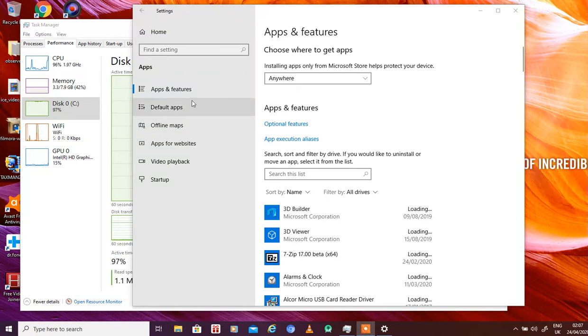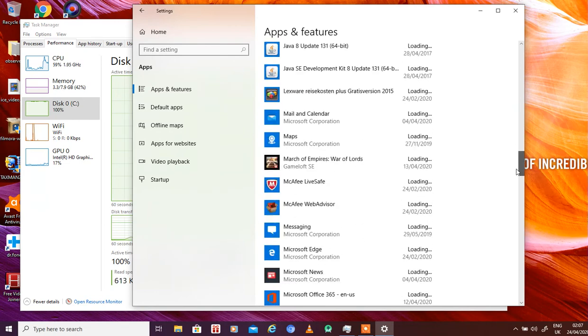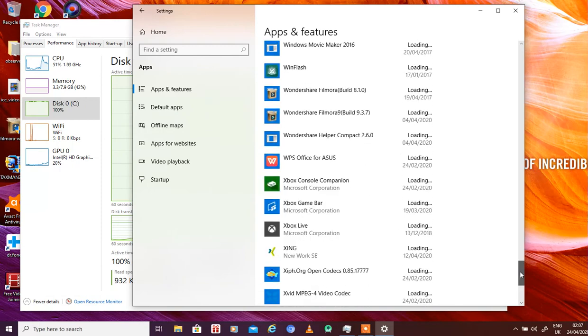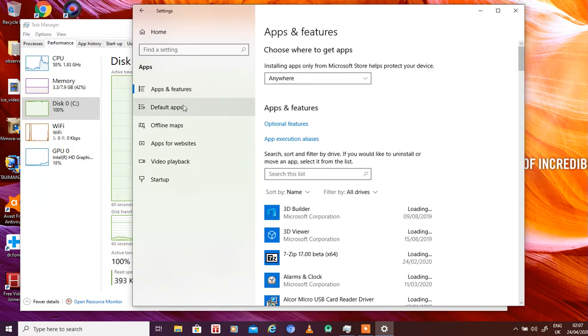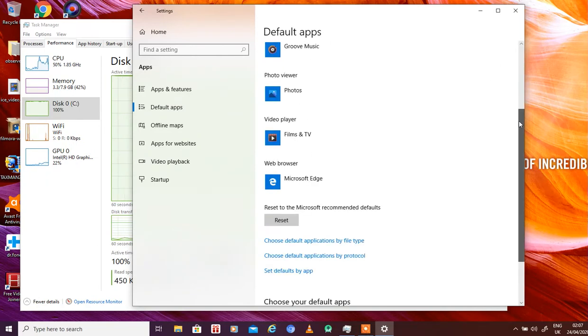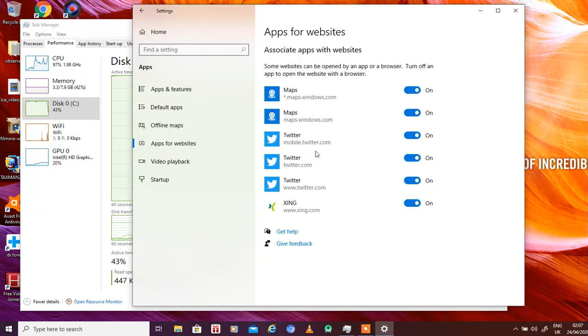So in this window, the first tab under the apps is apps and features. Here are the apps that we installed on our system, and of course some that were already installed when we got our laptop with Windows installed on it. Then we have some default apps which are already on this system when we get it, and then we have offline maps. We don't need to click here. We have apps for websites. There are certain apps for websites. For example, whenever we go on these websites, we get these apps